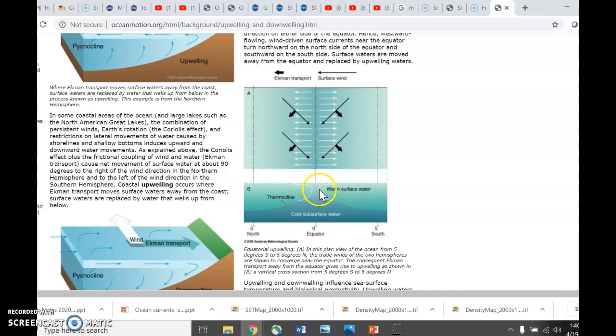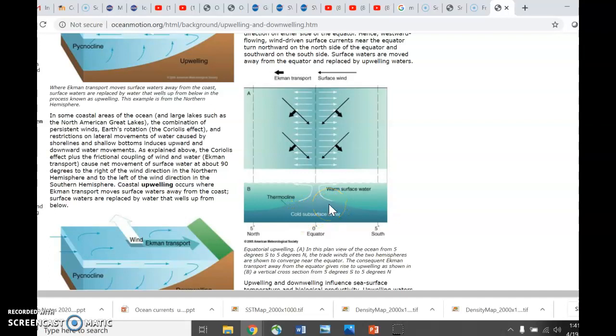Instead, what's happening is it's pulling the water offshore. That net transport of, say, roughly 90 degrees that we're talking about pulls the water offshore. And as it does, it kind of acts like a little light duty vacuum. It pulls up somewhat cooler subsurface water. And depending on where you are, there may be,